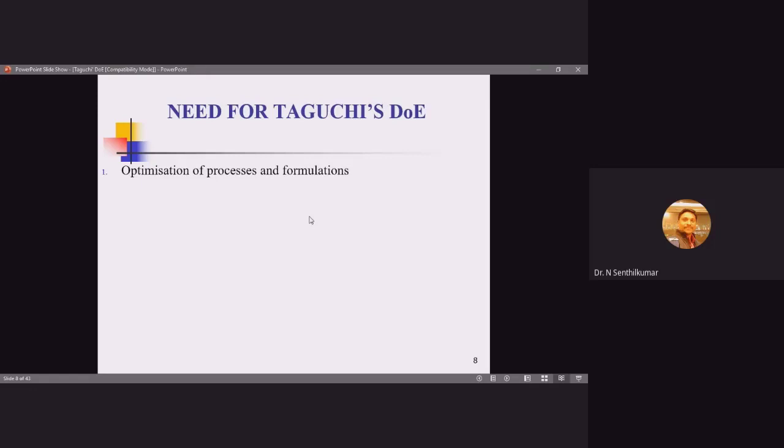Then I am using more and more often the word optimization. So what is meant by optimization? First of all, we should know what optimization is, then only we can have a general idea about it. Optimization is nothing but the process of obtaining the best result out of the available resources. I have limited resources. Okay, I have only 10 rupees. In that, I have to maximize my purchase capability. How? That is called optimization.